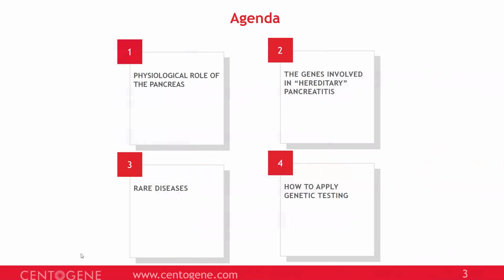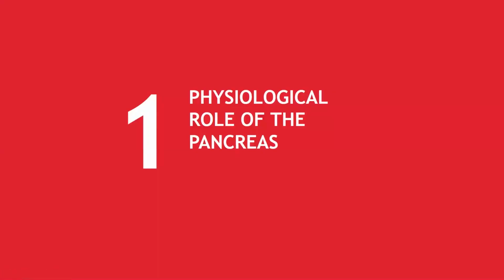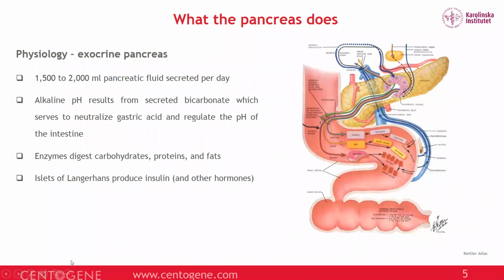It is my pleasure to talk today about pancreatitis, a genetic disease, and I would like to cover some areas. I would like to talk a little bit about the physiology of the pancreas, then the genes which are involved in what is commonly called hereditary pancreatitis. And then I will cover some rare diseases and even show how one can apply genetic diagnostics to some unclear cases. To start with the physiology, the pancreas produces up to 1.5 to 2 liters of liquid, that is fluid,